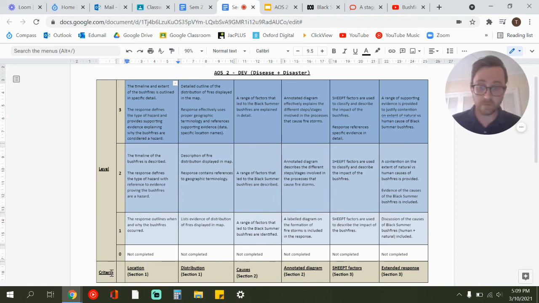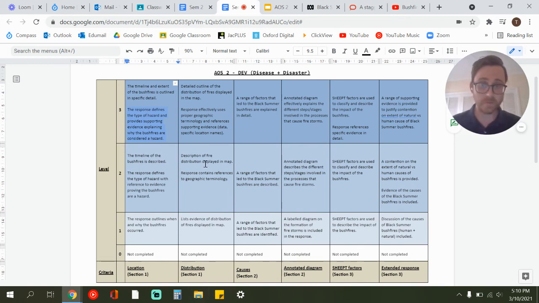So you can see I've gone and made the criteria for the rubric in brackets connect to a specific part of your dev. So section 1, when we look at the map of the bushfires and we talk about the timeline, so when did these occur, how big were they, that's being assessed in these first 2 bars here. So you're looking at up the top here, because that's what we're aiming for. And what I need to do is use specific detail when I'm describing these bushfires. I need to define what is a hydrometeorological hazard and what is the difference between a hazard and a disaster.